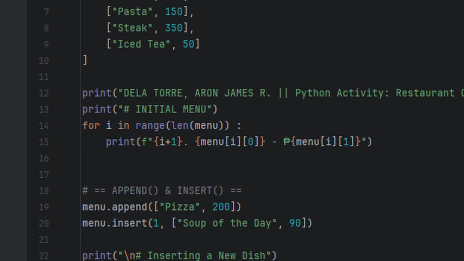The dual brackets is used as a way to call the contents of those inner sets separately. So if i is equal to 0, we call the first index. Then the other bracket is 0, to which we call the first index of the first index inner set. And when we want to only call the price of the first index, we increment the second bracket value by 1, so it calls the second index of the inner set of the first index. This goes on until we print everything down and continue on to step 2.